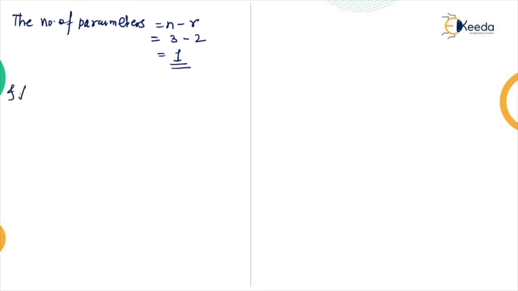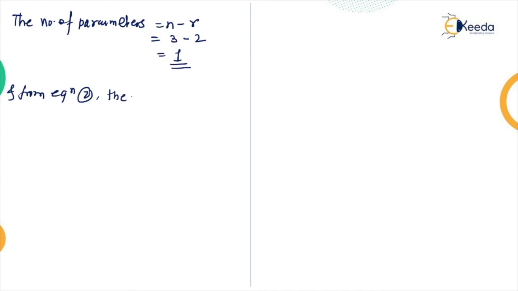The corresponding echelon form I am writing here, and first we have to find the number of parameters, which is equal to n minus r. You know, guys, n is 3 and r is 2, so one parameter is allowed. From equation 2, which is nothing but the echelon form,